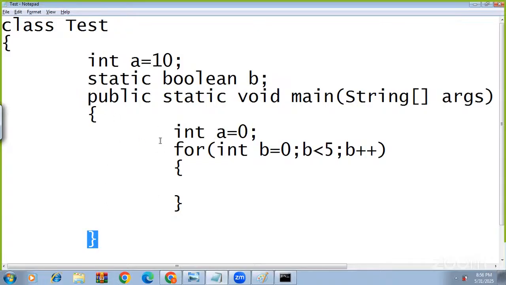Once you enter that particular method or block, a local variable is created. Whenever you get out of that block, the local variable is removed. Now, again I'm repeating, this a can be accessed in the entire void main and this b can be accessed only